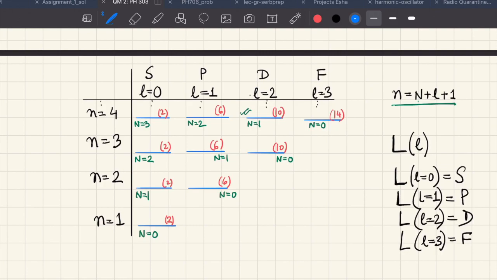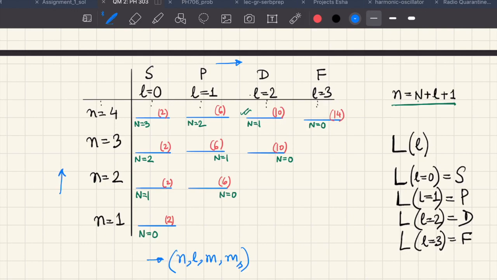Now this will tell us where I am along the n values which I have plotted vertically, and this will tell us where I am horizontally. That means it will tell me the L values. Now within the L multiplet, what is my value of m? And also we should know the spin projection, which is whether it is up or down. So all this information is basically given in this table in the form of N, L, M and MS. So this gives one-to-one correspondence to the basis states.